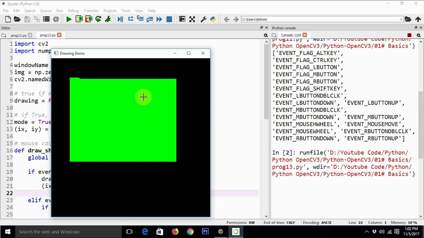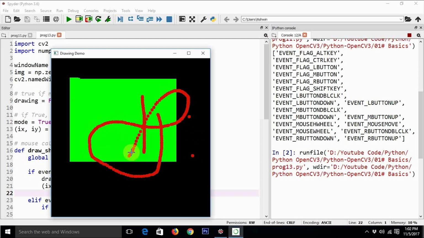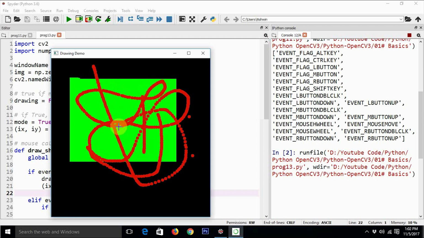So now when I hit the M key on the keyboard, the mode is false, and then it allows me to draw circles. Okay, so now when I draw circles in rapid succession, or by holding the left mouse button down, it is like I have got a paintbrush sort of thing, right? So I can just draw.